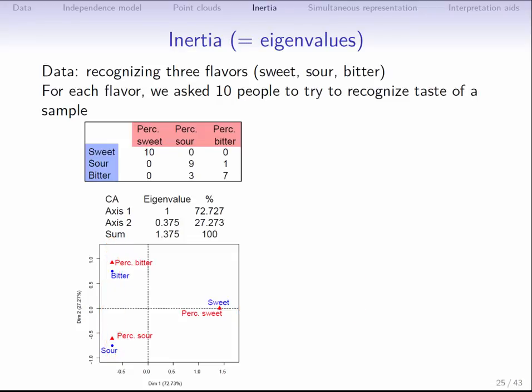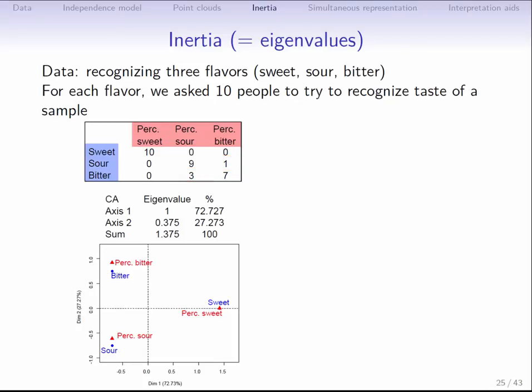Now, let's move on to look at the second dimension. This separates bitter and perceived bitterness on one side from sour and perceived sourness on the other. It basically shows that bitter is usually perceived as bitter and sour as sour. And yes, this is exactly what happened. But when we look back at the data table, it's a little confusing. Sour isn't always perceived as such, and nor is bitter. How can we tease this out of the math?